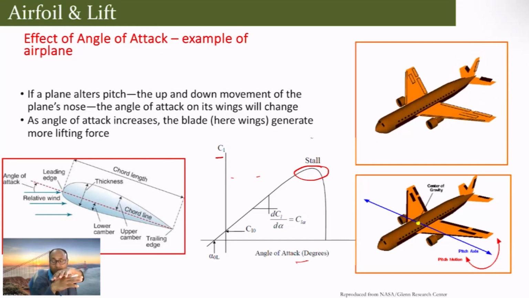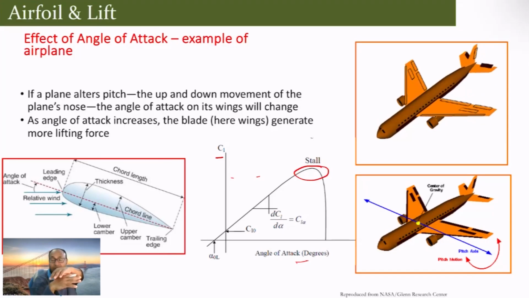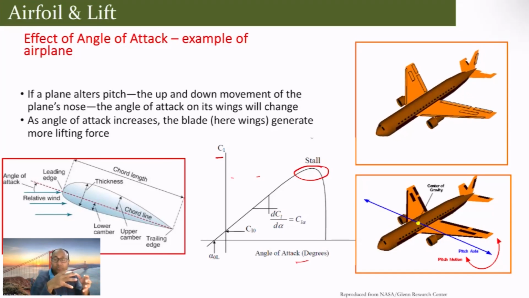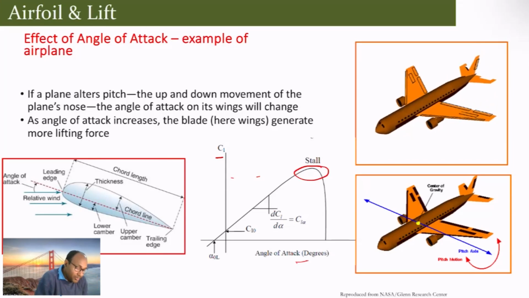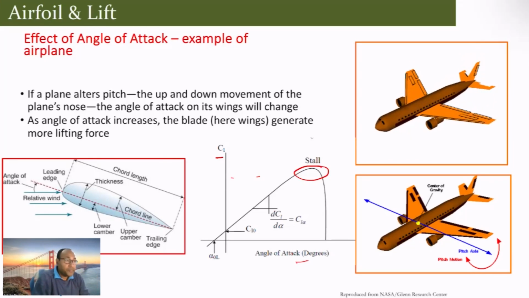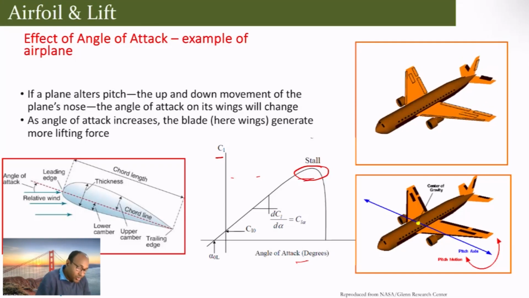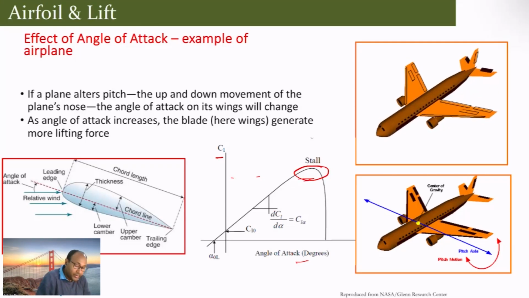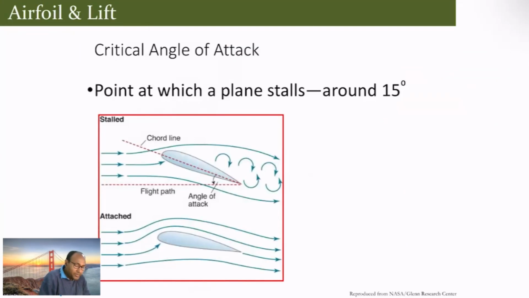And once flow tends to separate, then you have a lot of low-speed zones and all these things. There would be more viscous effect, which is going to be dominant, so it increases the drag. That is why, beyond a point, the airfoil stalls and the CL starts dropping, which is easily visible here. The point at which the plane stalls is around 15 degrees, because these are standard airfoils.